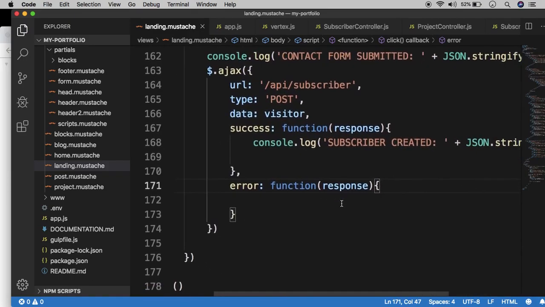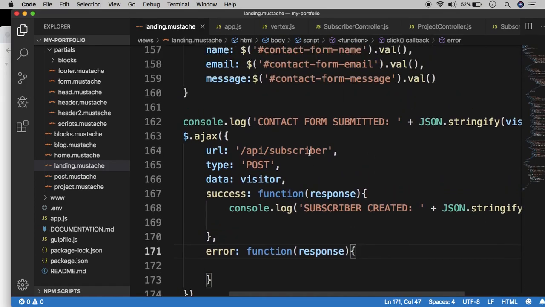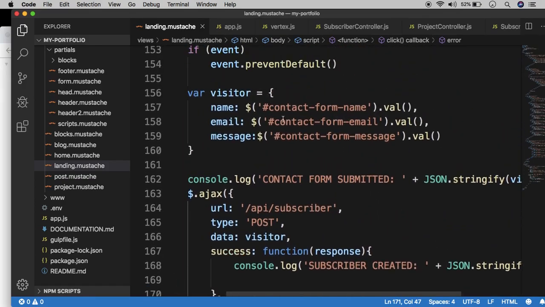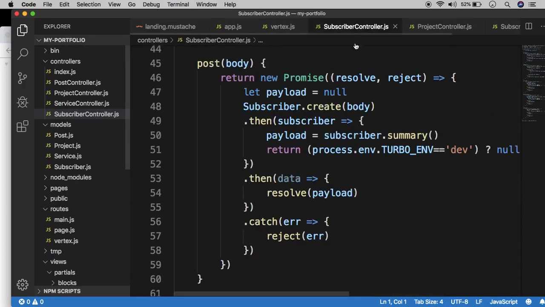When the form is submitted, just to be clear what's happening here, we are grabbing the field values and creating a visitor object out of it with a name, an email, and a message parameter, using the input field values. And then we're going to send that via AJAX request to the API subscriber as a post request. And that will then take the subscriber controller and send a post request with the body, which is the visitor